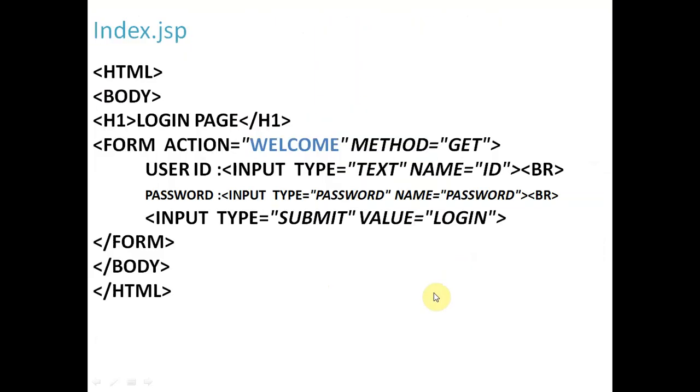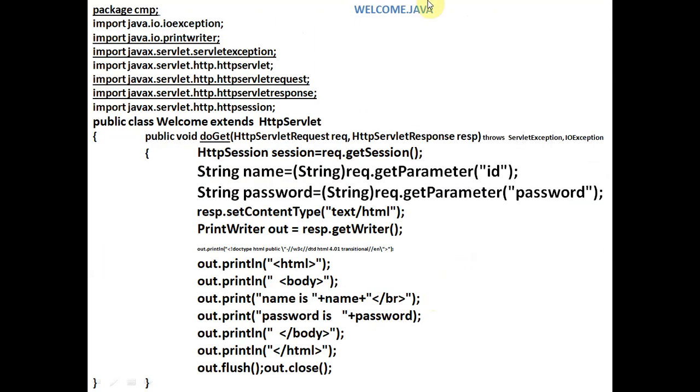So that's why we have written here the object of PrintWriter class. Out is the object of PrintWriter class. And now we'll use this out object and out.println. We'll write here out.println, all out.println statements.